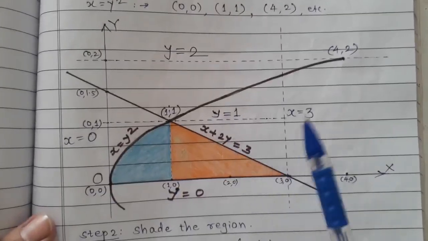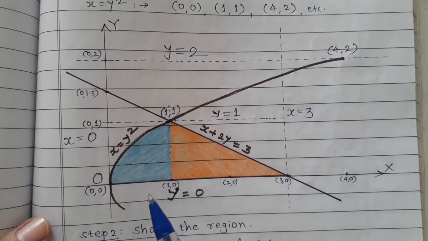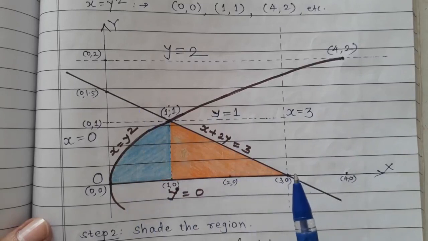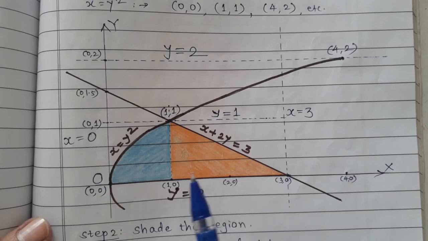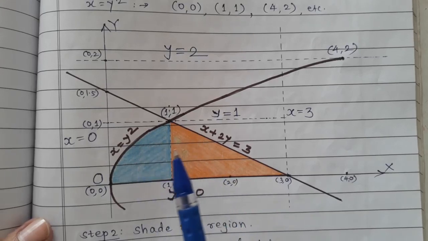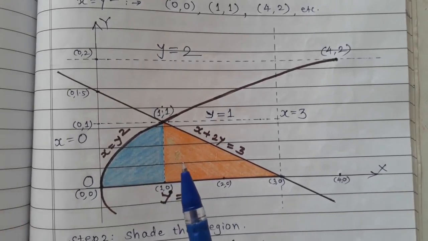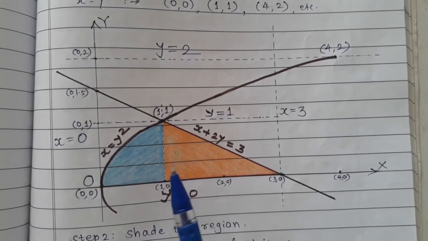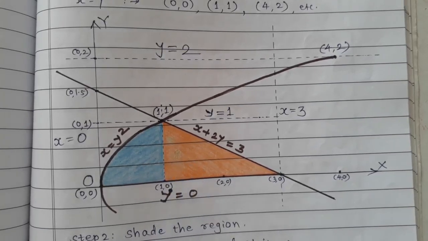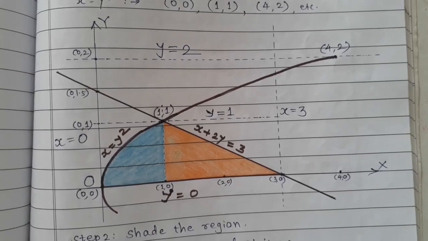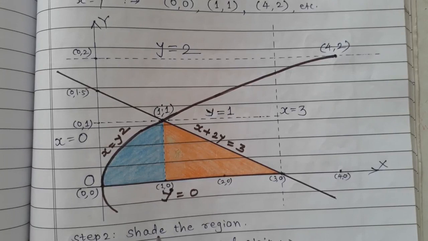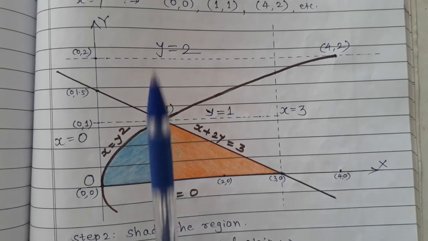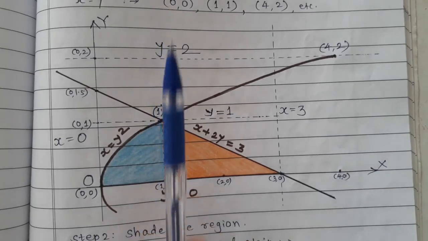See that here it is x equal to y square parabola, x plus 2y equals to 3 line, and this is y equal to 0, that means the x axis, and the region bounded by these 3 is this region. Now observe that I have colored this region using two different colors. The reason is that if I consider integration first with respect to y, then I have to use the downward to upward direction, from bottom to top.